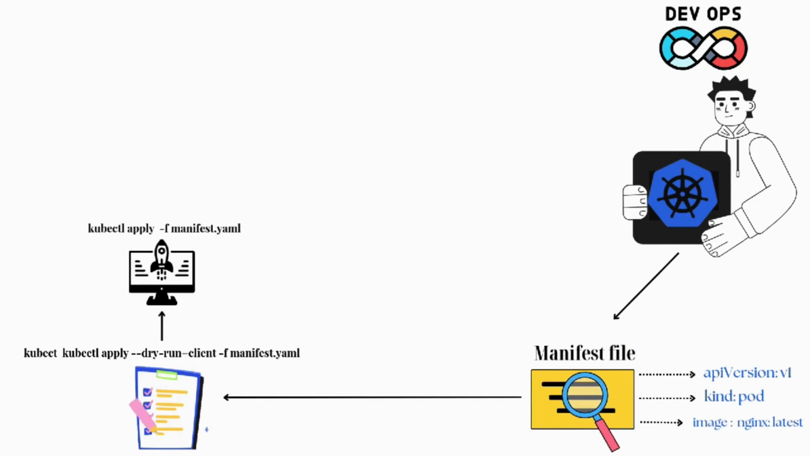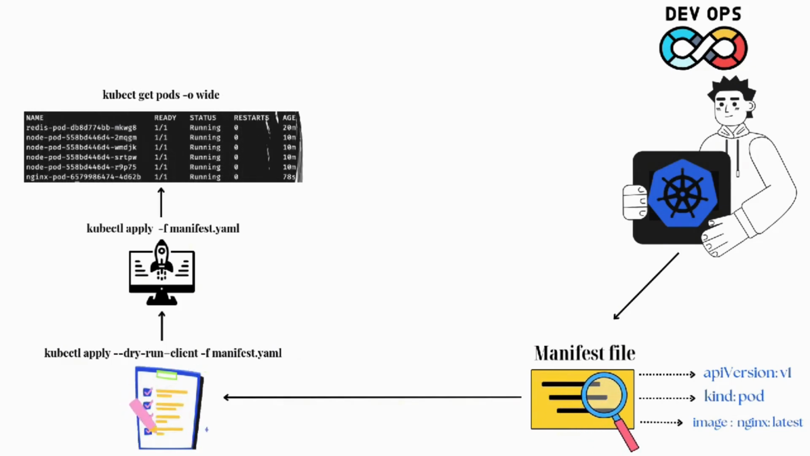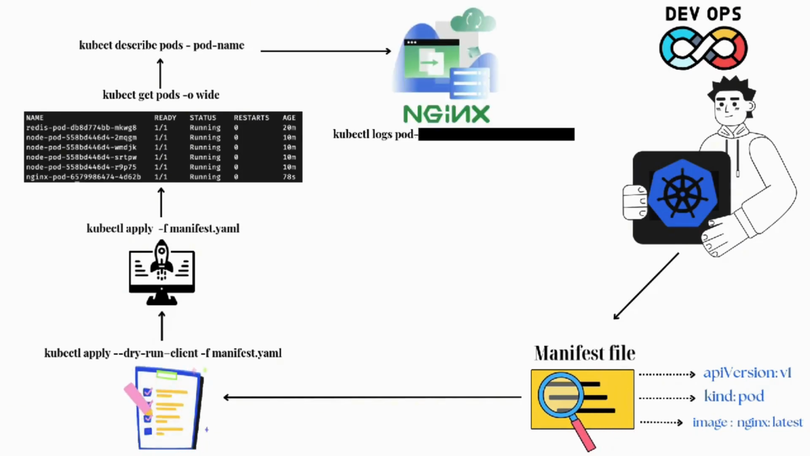To ensure everything is running smoothly, I usually run kubectl get pods -o wide to make sure that the pods are all in ready state and that there's no error or restart. If there's an issue, I'll immediately inspect the pod details using kubectl describe pod and the pod name to review events or errors. And I'll check the Nginx container logs using kubectl logs, pod name, -c, Nginx container name